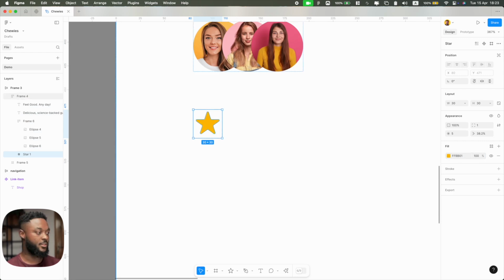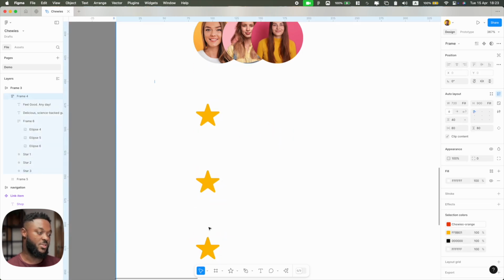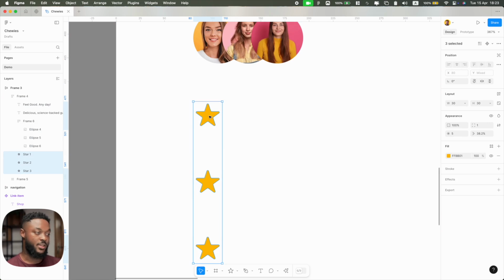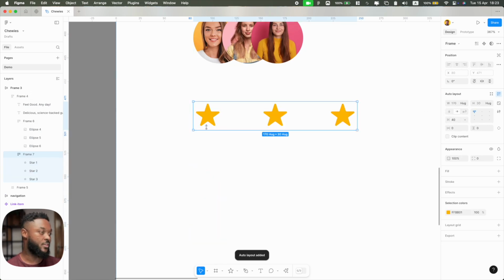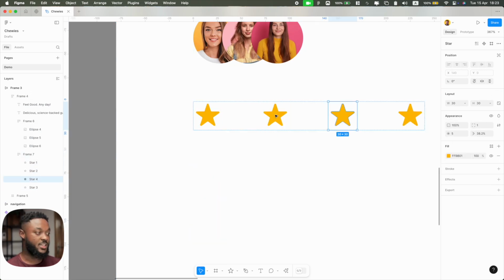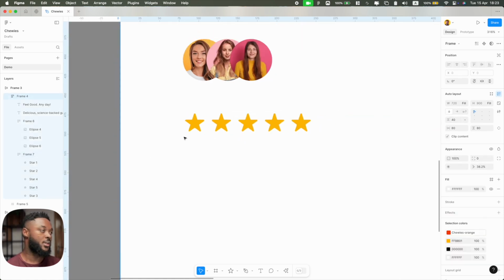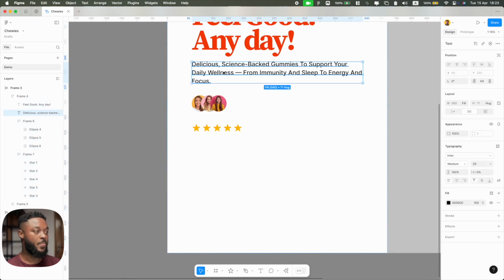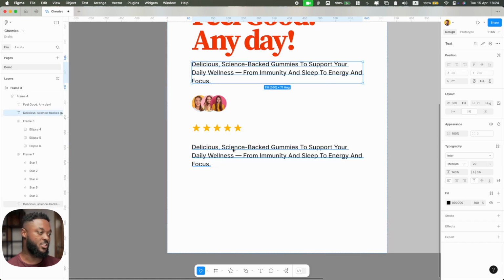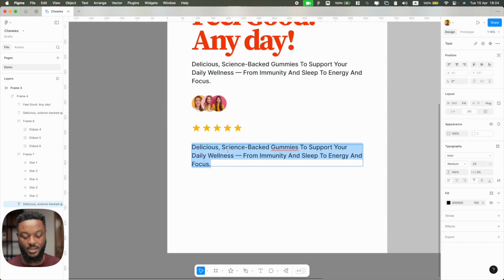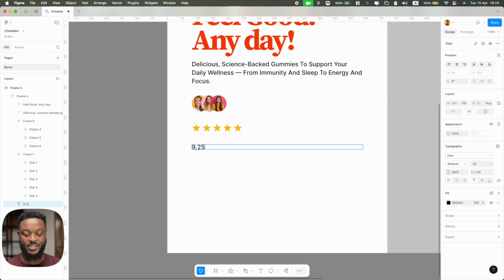Is this, right? And then I'm going to Option drag or Command D, depends on what you want to use, and the stars would have to be 5. So I'm going to add 2 more stars. So Command D, and the spacing maybe set it to 4. How's it looking? Not bad. Now the next thing I want to add are the reviews. So I'm just going to Option drag because I'm going to use the same font and give it a random number. So this is going to be 9,257, and I'm going to add